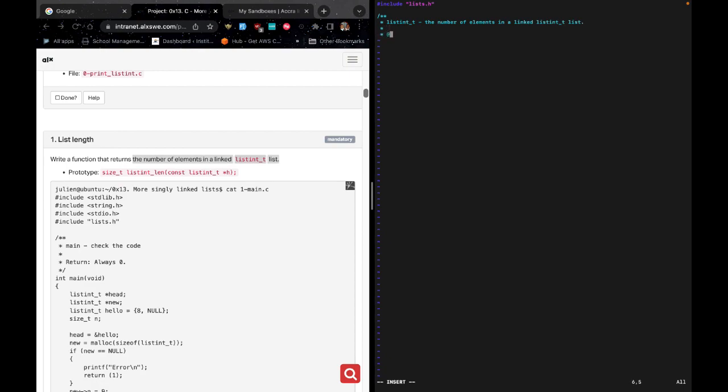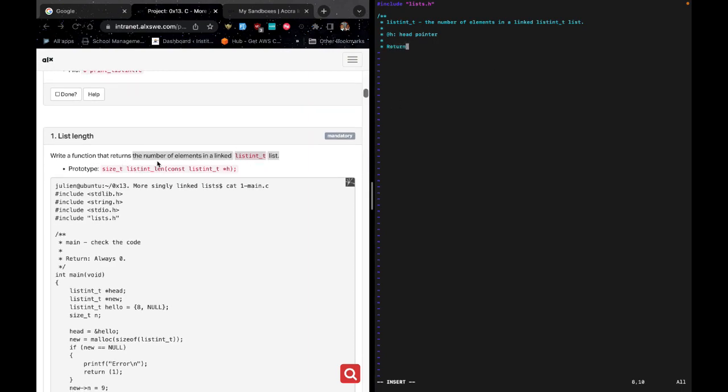So the h that we have over here, this is just the head pointer. Then the return, what is it returning? It is returning the number of elements. So return, that is the number of elements. Then we can now